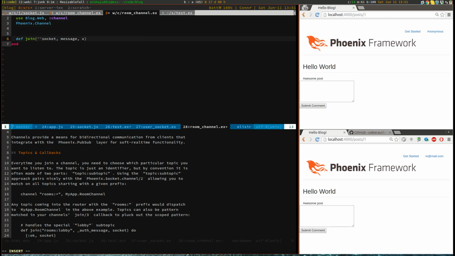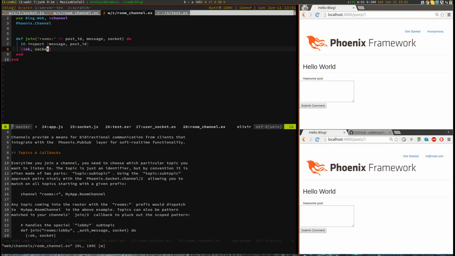So my bad, this needs to be rooms colon a topic ID. So this is the post ID, right? It gets the post ID, a message, and finally a socket. So what we want to do here is just inspect the message to make sure that we are getting the right message and also the post ID. And for now we'll let everyone join. So I'll say okay socket, right? And if we reload this page,